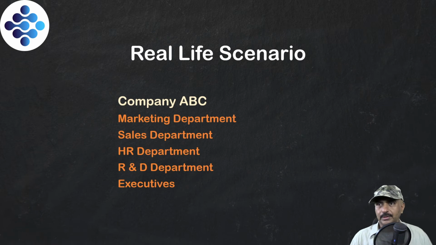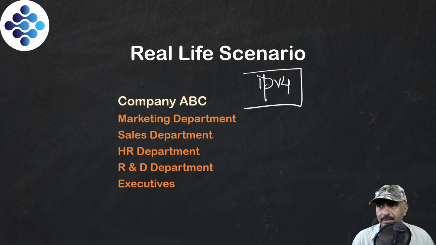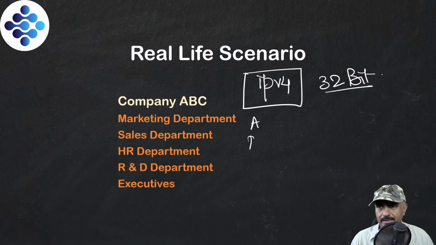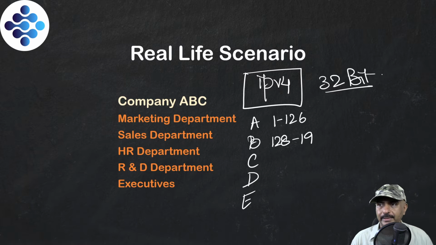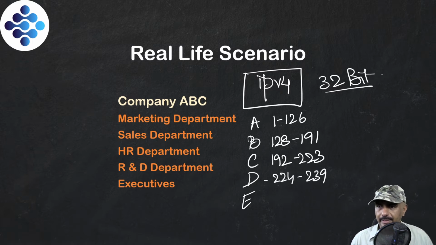We are talking about IPv4, and the foundation of IPv4 we have already discussed. Just a very high speed revision: IPv4 was a 32-bit addressing system, and there was class A, class B, class C, class D and class E. Class A was 1 to 126, class B was 128 to 191, class C was 192 to 223, class D was 224 to 239, and finally class E was 240 onwards, right?